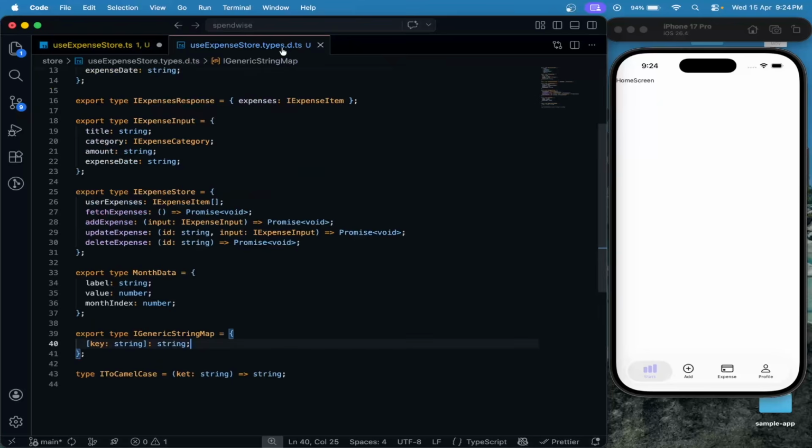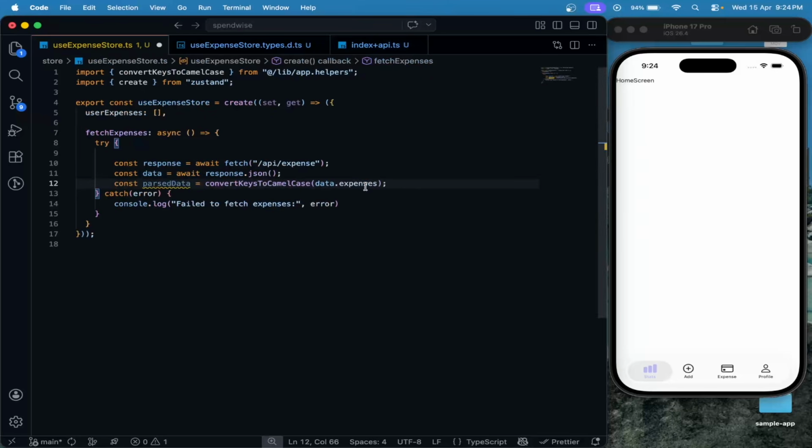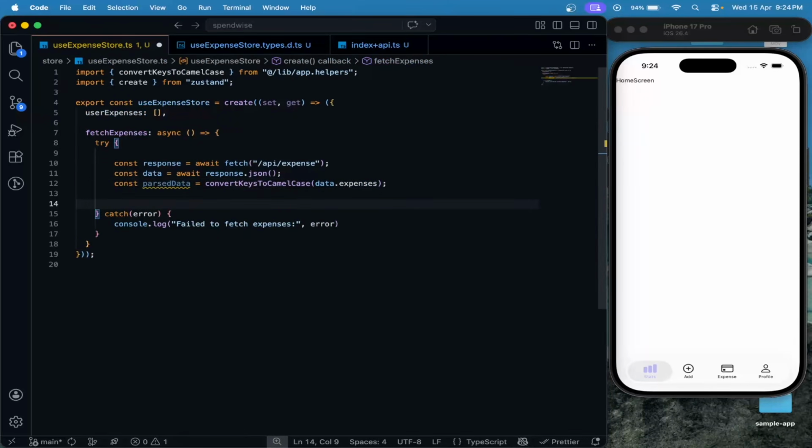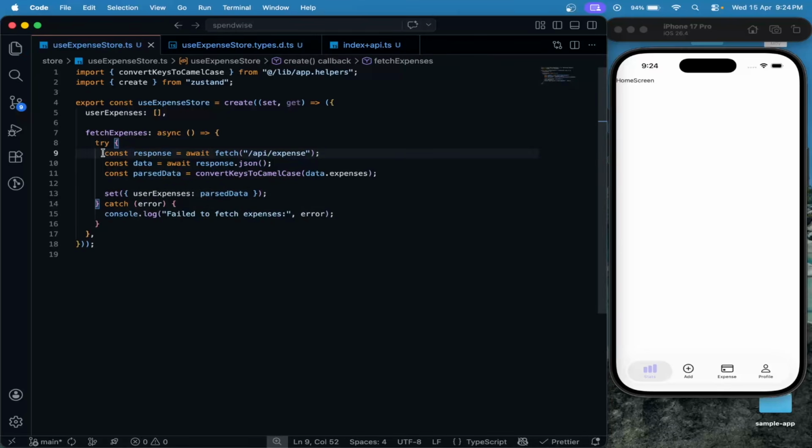So if you check the index API, we are returning the expenses. Here we have this expense, so it should match with this expense. And then I will say set, I will copy this userExpenses and parsedData. So we are fetching the user expense and then we are setting the expense to this userExpenses, and we can use this userExpenses in any of the screens. Now let's add the type